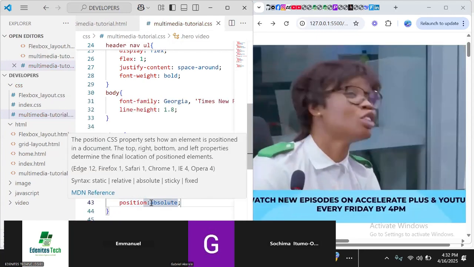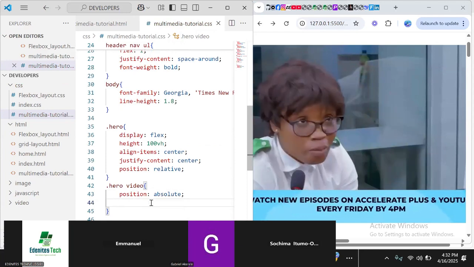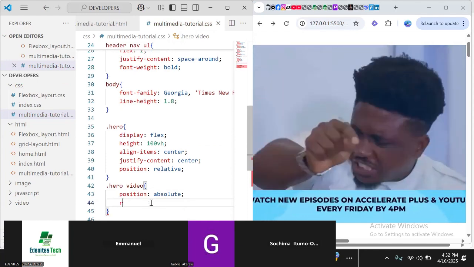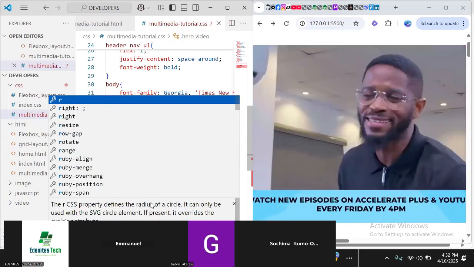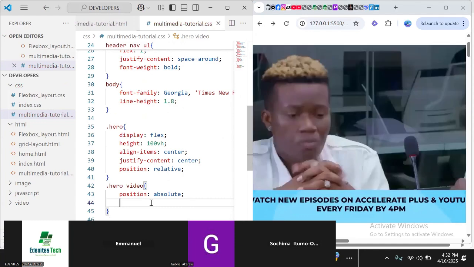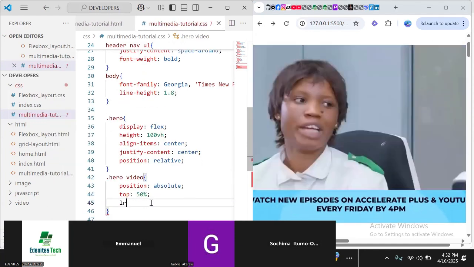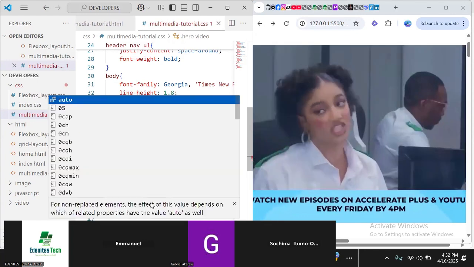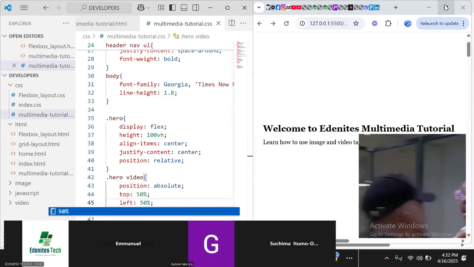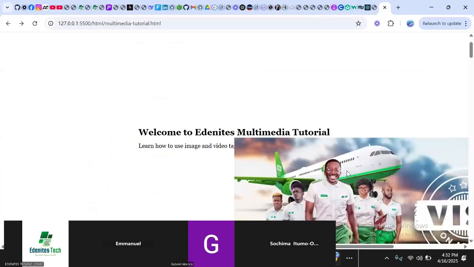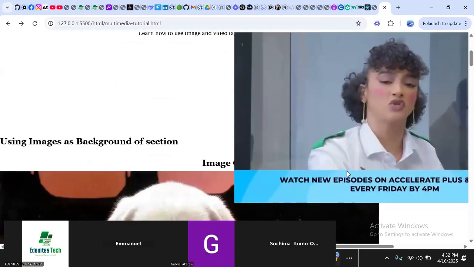That works, but then I would like to add other properties by saying top 50%. What is happening? Top 50%, left 50% as well. You now see this image or the video already moved 50% away from the top, 50% away from the left,